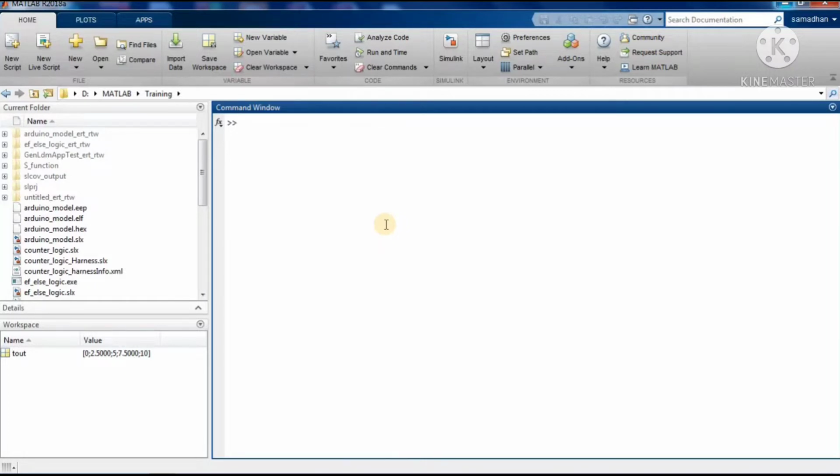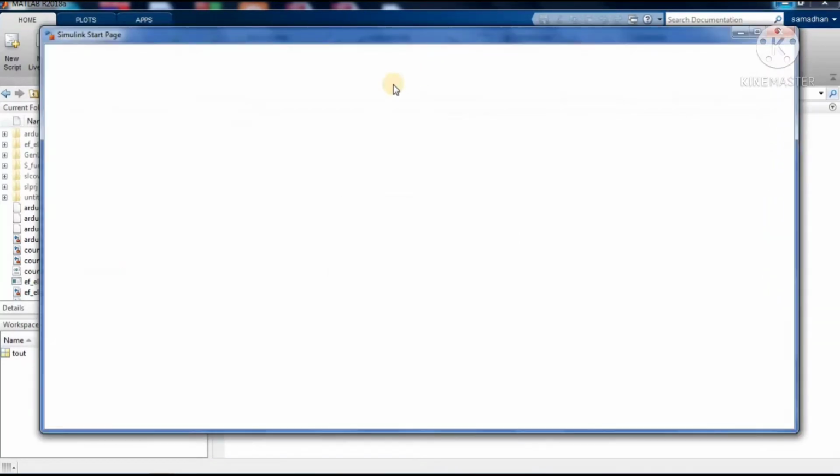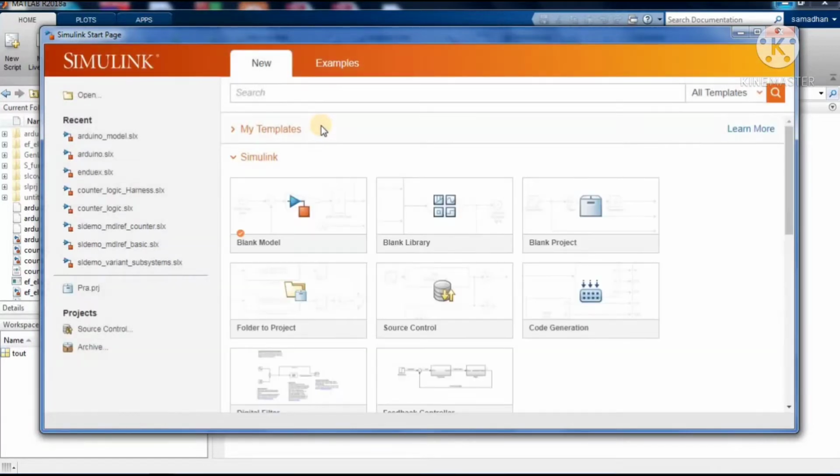To design it you need to go to Simulink. Just go to this Simulink. Once you click it, wait for some time, it will open. Then click on Blank Model.